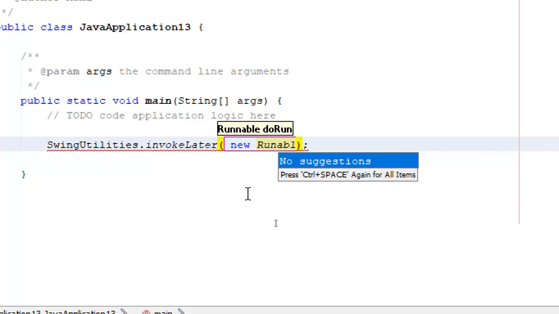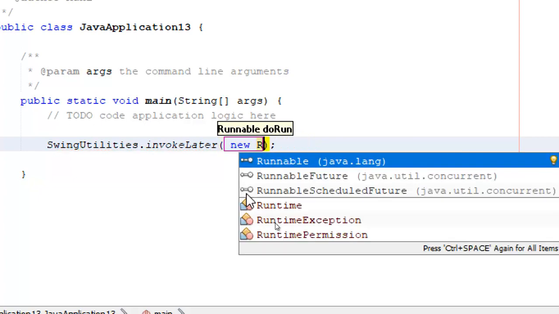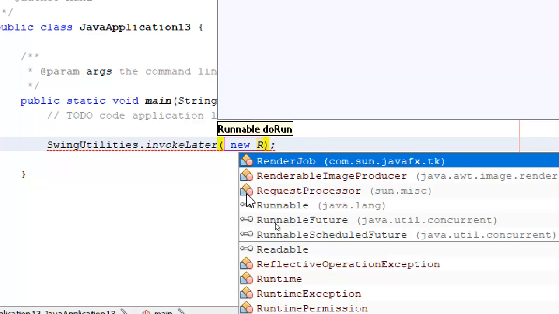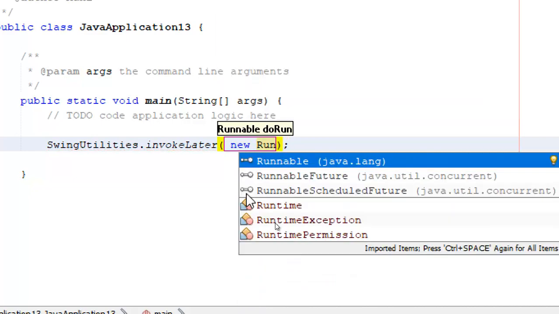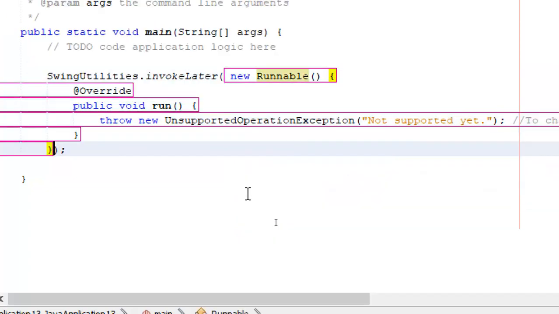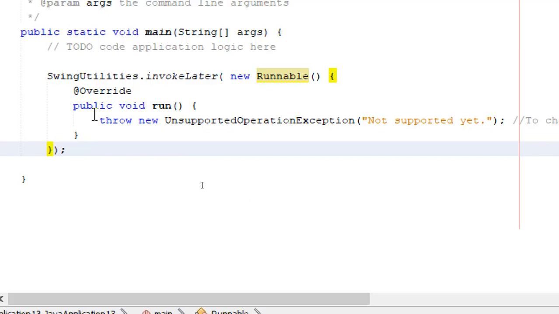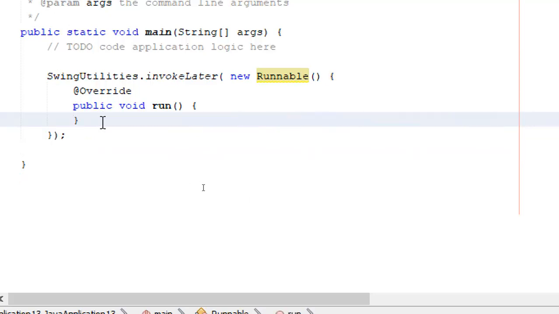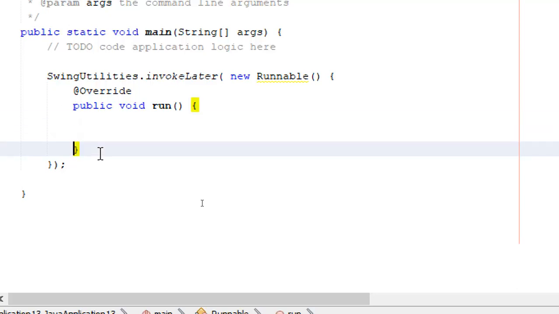So we are all familiar with Runnable. This is an interface, and I'm just creating an instance of an anonymous class. Here you know very well the Runnable interface has one method called run, which we use to execute anything in a separate thread.